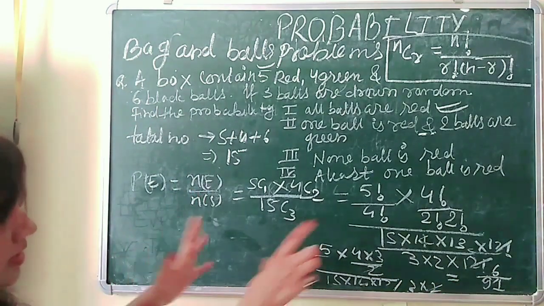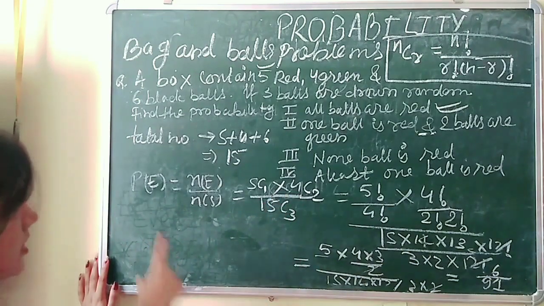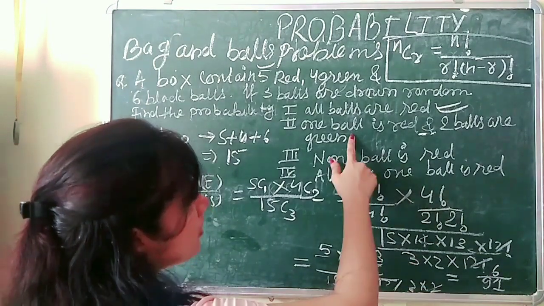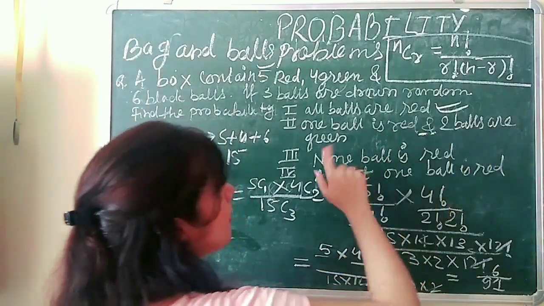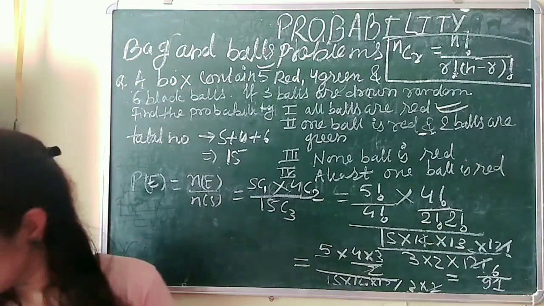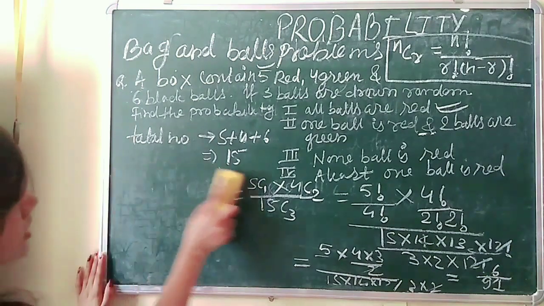Okay, so this is the second combination we made, and this is the probability, that is 6 by 91. One ball is red and two balls are green. Just take a screenshot. Then the next one is